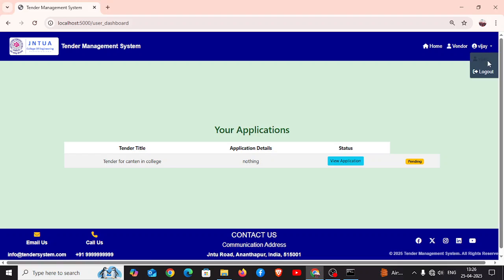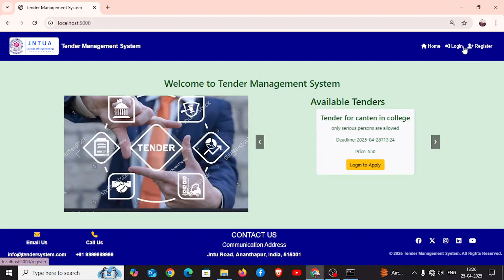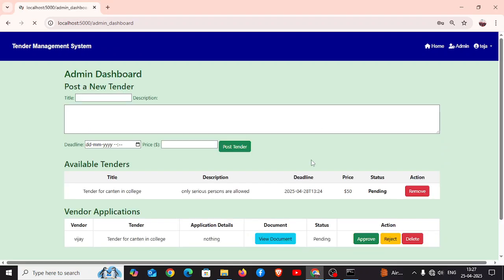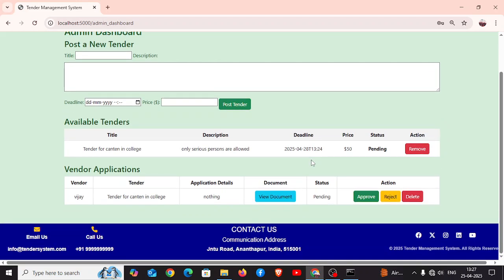Now we can log out here. Now we have to log in as an admin to see the tenders which are applications submitted by the vendors. Here we can see vendor applications. The vendor is Vijay and the tender title is tender for canteen in college, and